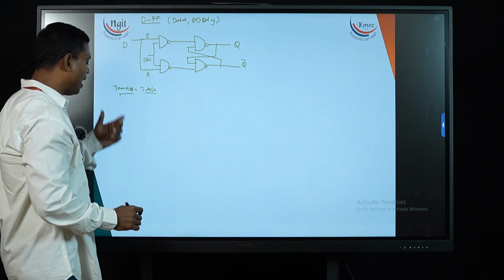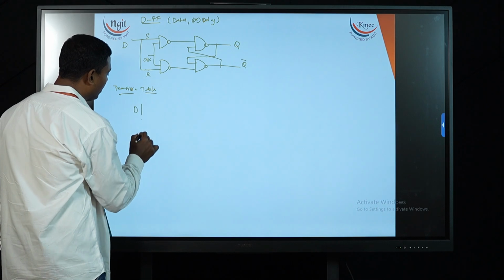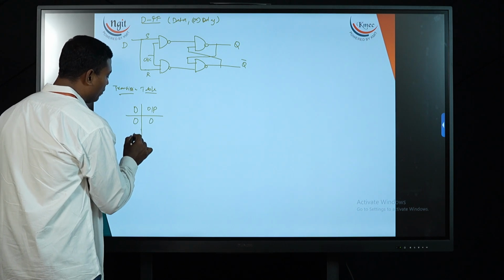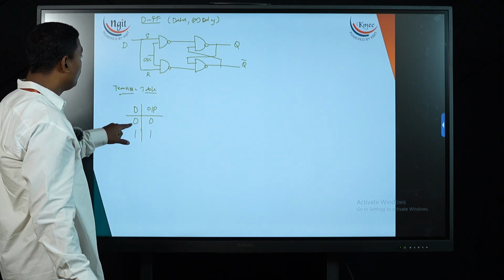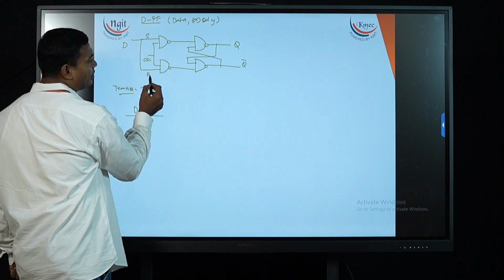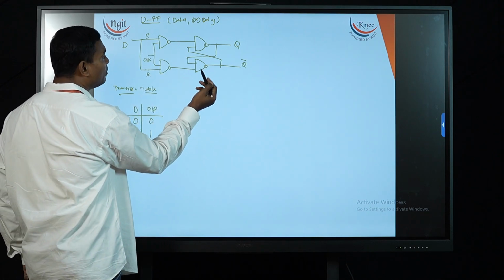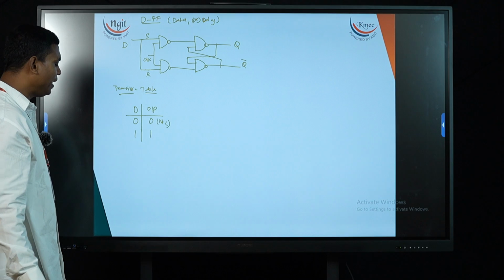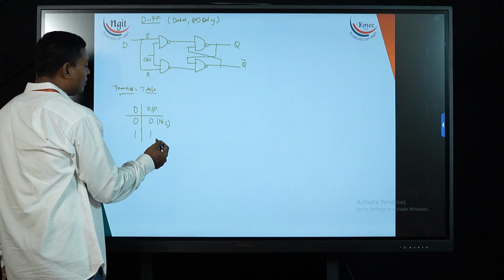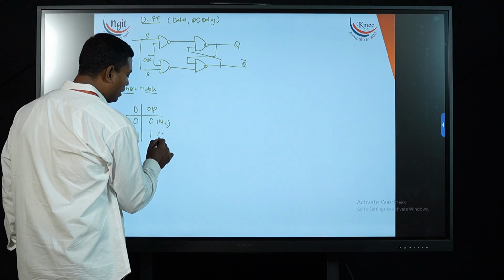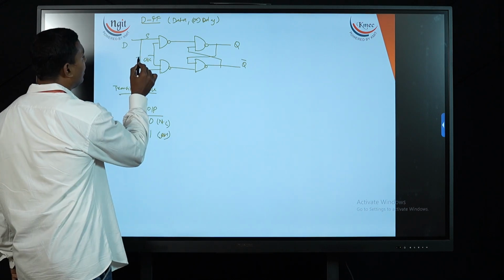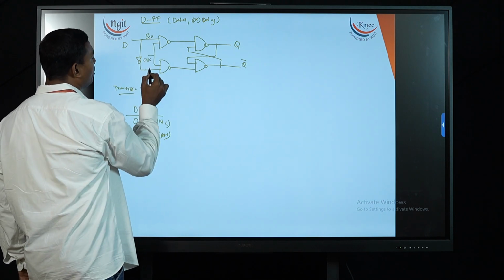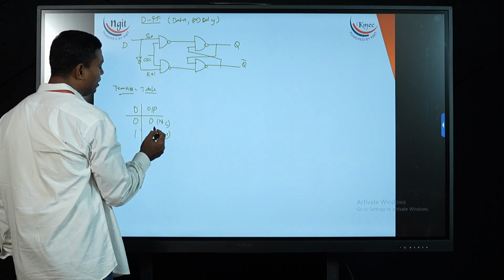Now what is my input? I am having only one input here, D, as my input and output function. If D is 0, output is also 0. If D is 1, my output is also 1. Why? Because if D is 0, S is 0 and R is 0. For 0, 0, the output is no change, means whatever the value is there, that one only. So no change is getting appeared, right? Now for 1, 1, the set state is only replaced here. Sorry, here a NOT gate appears. That is, for 0 state, S value will be 0, R value will be 1. So 0, 1 combination is giving me a